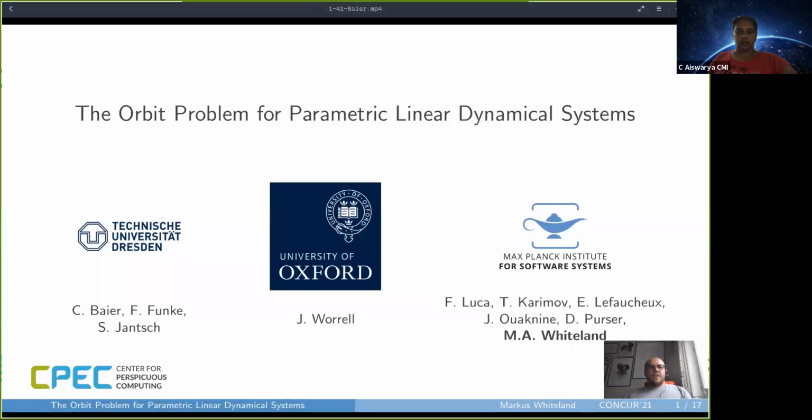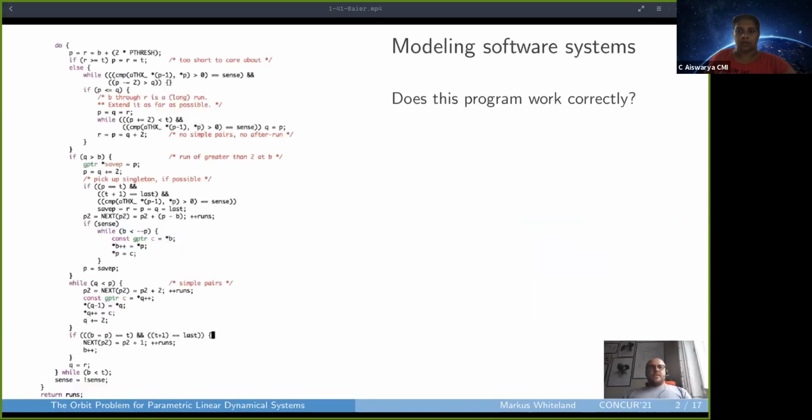Hello, I'm Marcus Whiteland, and I'm presenting the paper The Orbit Problem for Parametric Linear Dynamical Systems. This is joint work with several researchers from the Technische Universität Dresden, the University of Oxford, and the Max Planck Institute for Software Systems under the guise of the Center for Perspicuous Computing. Before describing the topic of the paper, let me start with some motivation. In software verification,